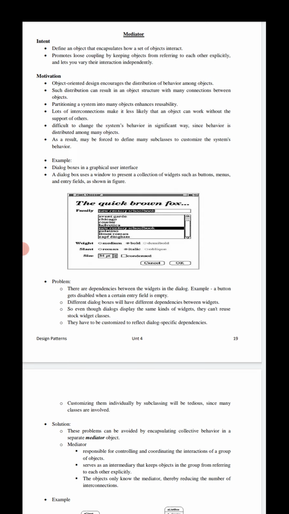What is the main principle of the mediator design pattern? It is used to decrease the communication complexity between multiple objects or classes. This pattern provides a mediator class.